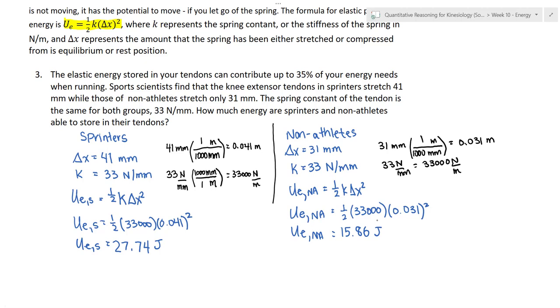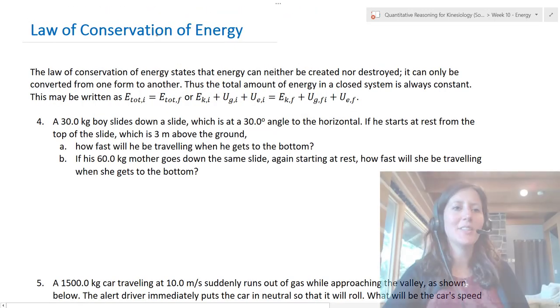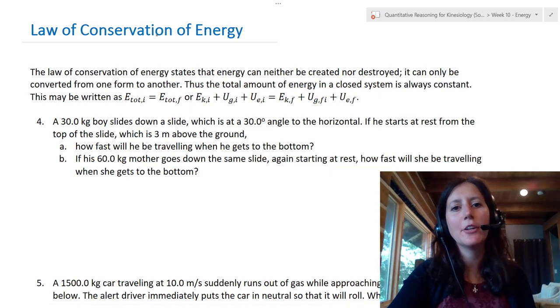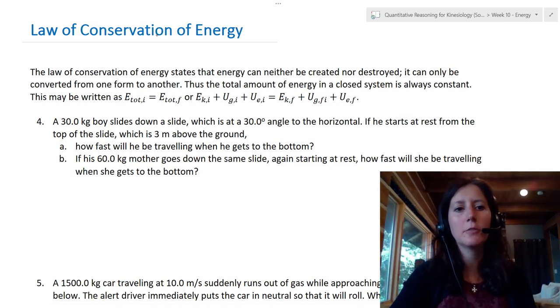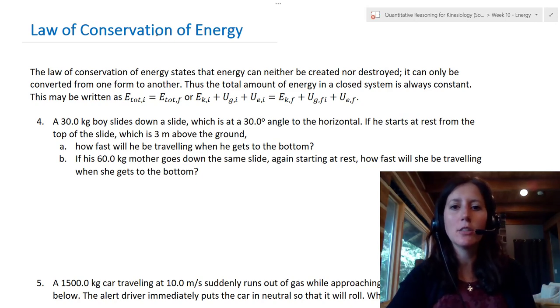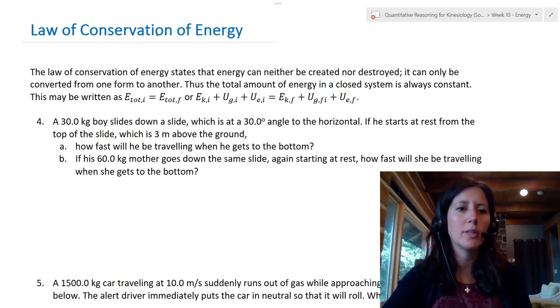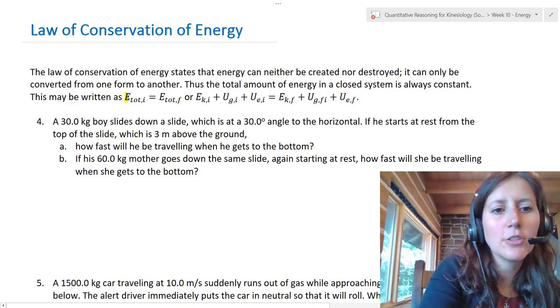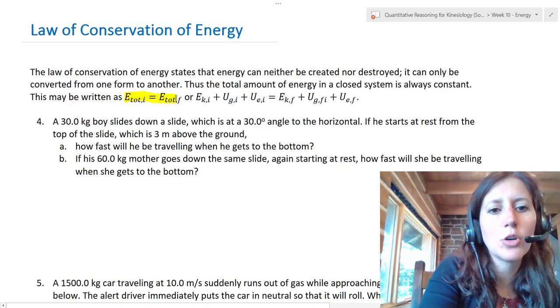compared to non-athletes. So this takes us to the law of conservation of energy, which states that energy cannot be created or destroyed, but it can be converted from one form to another. That means that energy is conserved. So the total amount of energy in a closed system is always constant. So we can think of it as the total amount of energy initially is equal to the total amount of